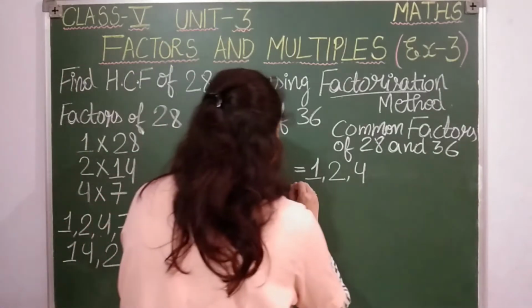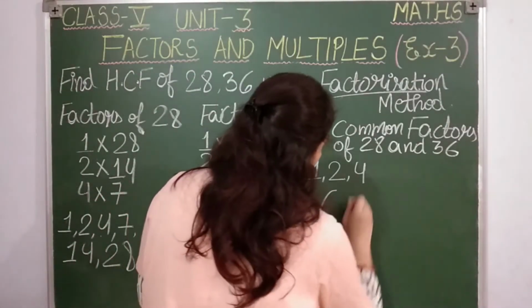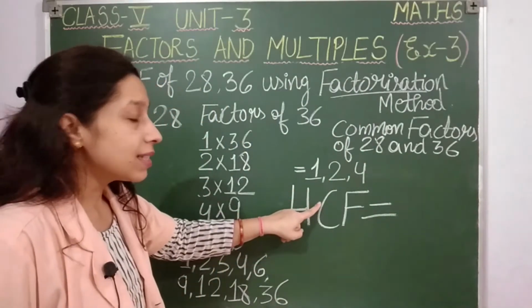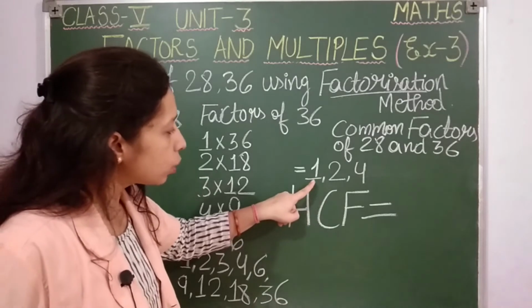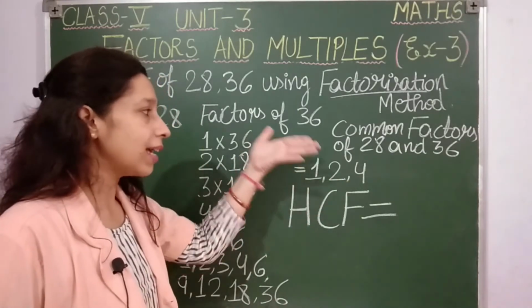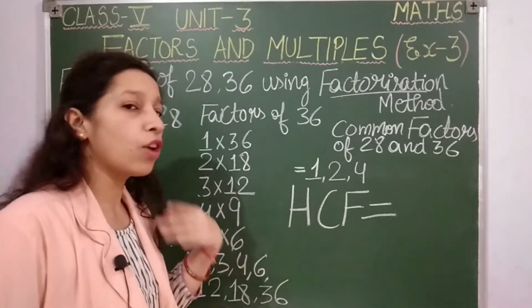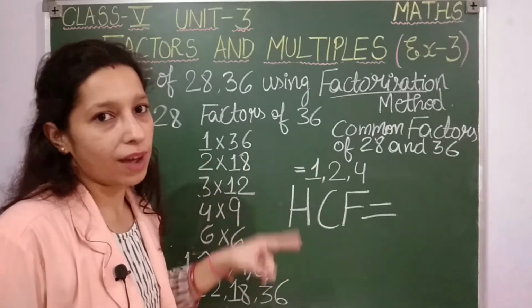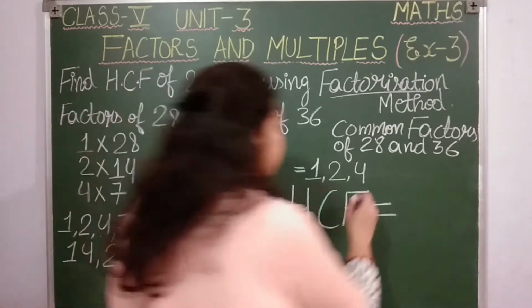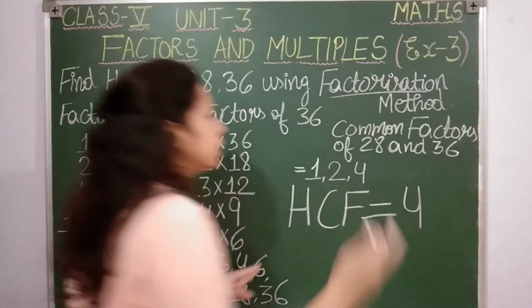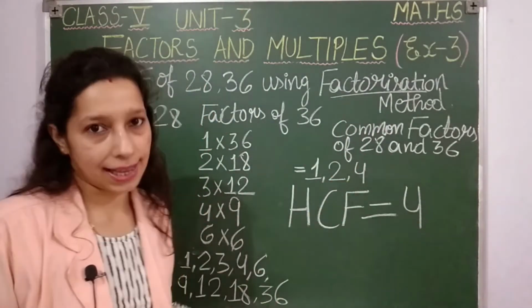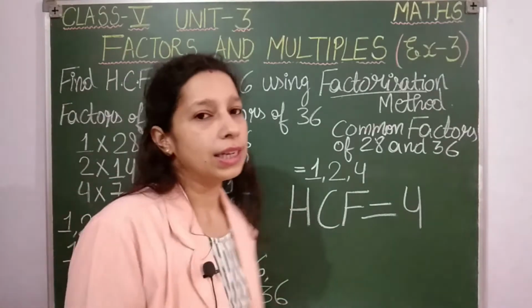Now let us find our highest common factor. Okay, highest means greatest. So students, you can tell me, na, which one is the highest factor here. 1 is the highest, 2 is the highest, or 4 is the highest? Which is the HCF or which is the greatest common divisor? Factor and divisor are the same thing only for HCF. So here we can see that 4 is the greatest common divisor that can divide 28 and 36 exactly. So 4 is the HCF or GCD.